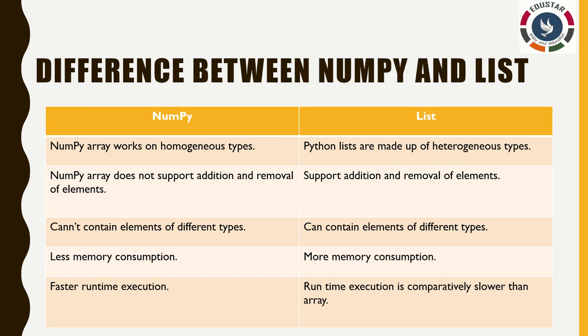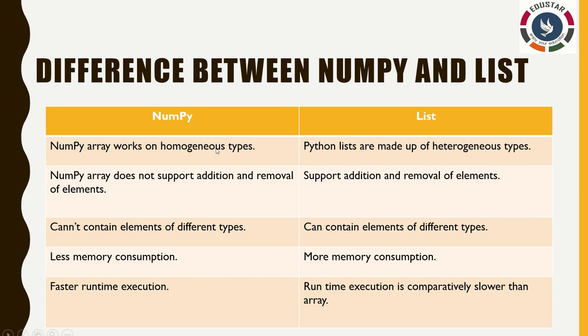First, you have to know the difference between NumPy and list. What does NumPy mean? The data works in a homogeneous order. Homogeneous order means the same data type. So we are giving input in the same data types, that is homogeneous order. And what is a list? In a list we are giving different data types, so each piece of data can be of a different type. Okay, so that is the main difference between NumPy and list.